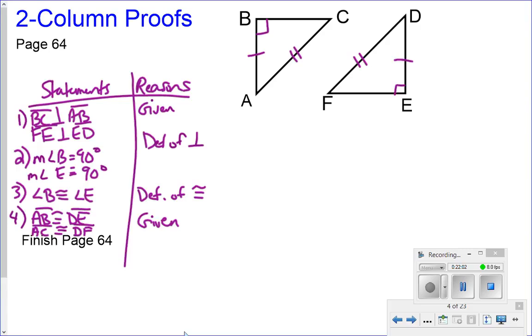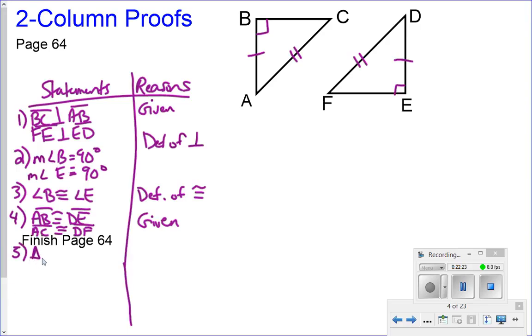So I can't state that they're congruent quite yet by side-side-angle, because side-side-angle doesn't prove triangles are congruent. But I am noticing that these triangles are right triangles. And so remember, when they're right triangles, you only need two pieces of information. So I'm going to state that next, that